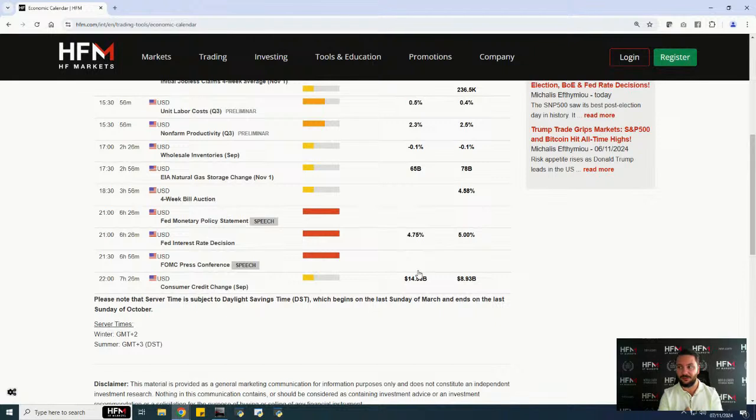Also, Trump is definitely known to say to the American oil companies, pump, pump as much as you can, as fast as you can, as frequently as you can. And he said to try and bring the price of oil back down to $40, ladies and gentlemen. Also, he's going to try and de-escalate the Ukraine-Russia conflict and the conflict in the Middle East. That's going to be on top of his target as well. So that brings down the price of oil as well.